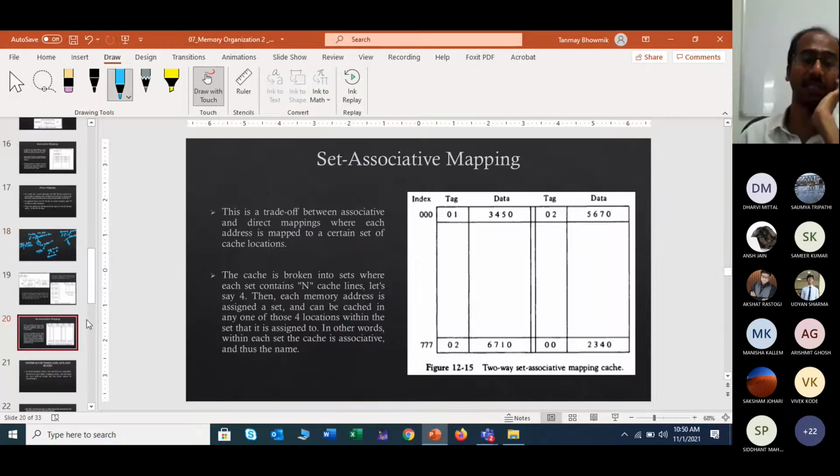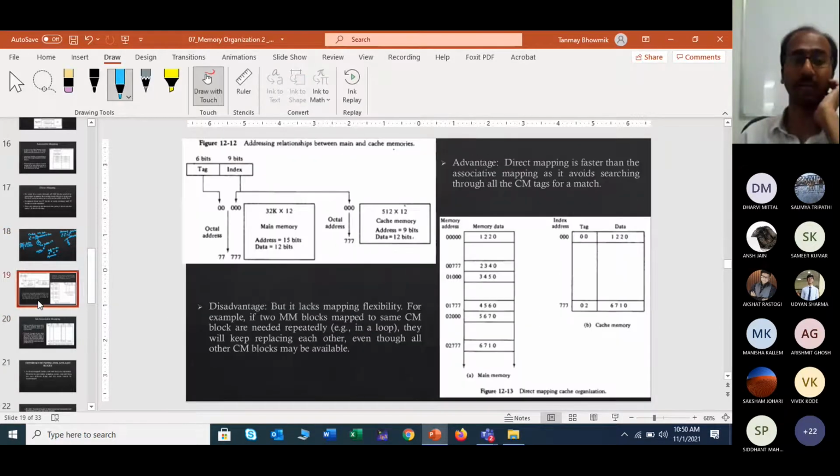So this same example has been shown with this type of diagram. Okay, so it was the part of your cache memory. You can see cache memory has been written and this was the section of main memory. You observe that in our index part, if your index is matched with this part, or this part, or this part, next you will check your tag. So whatever tag field is there, the same data you will copy here.